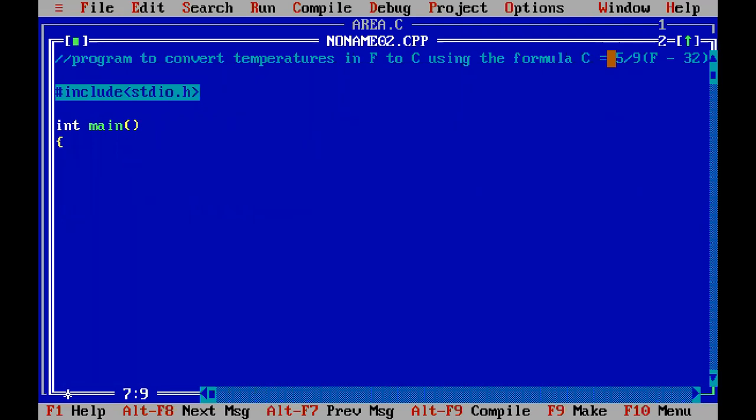I will be using float values: float f and c. Degree in Fahrenheit. First you will be entering the degree in the Fahrenheit scale.